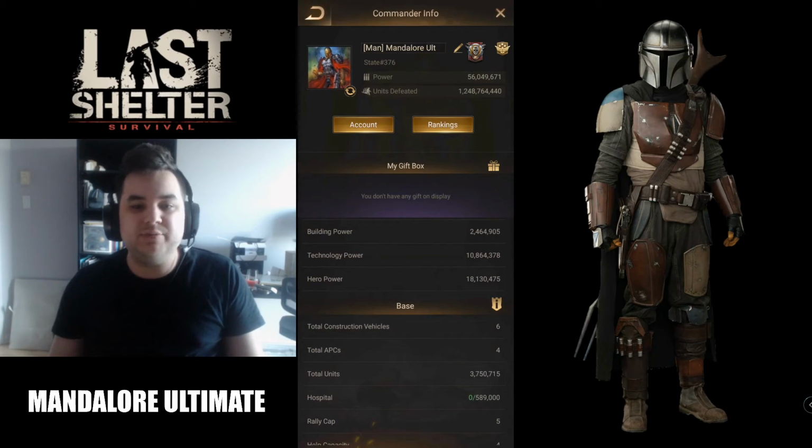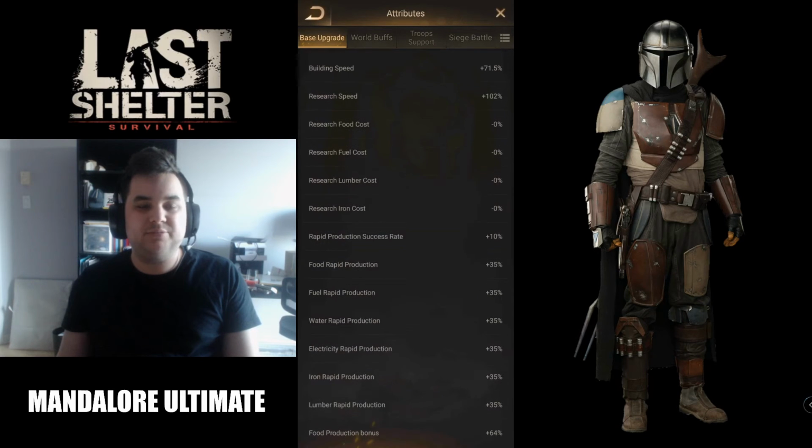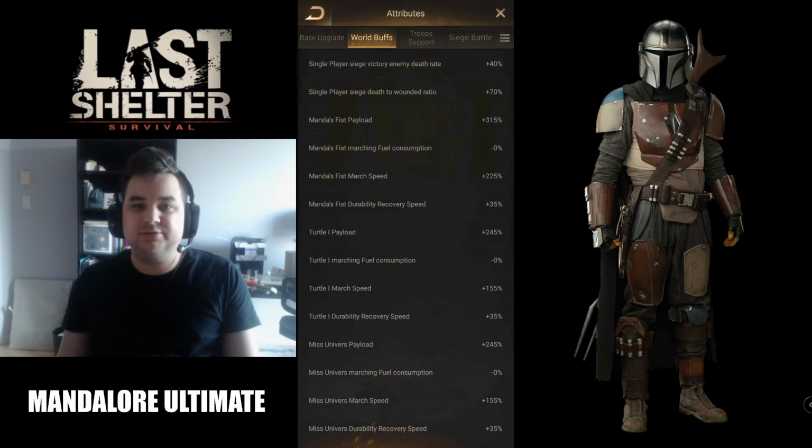Now we will look at the neat little menu which shows you some of your global stats on your APCs, on your base and all of that, which will help you know what stats you actually have. So you see right over here where there's this little icon in your commander info, so you just have to click on yourself or on your commander info, and then click on this little icon, and this will bring you right over here. You can see your base upgrade, world buffs,